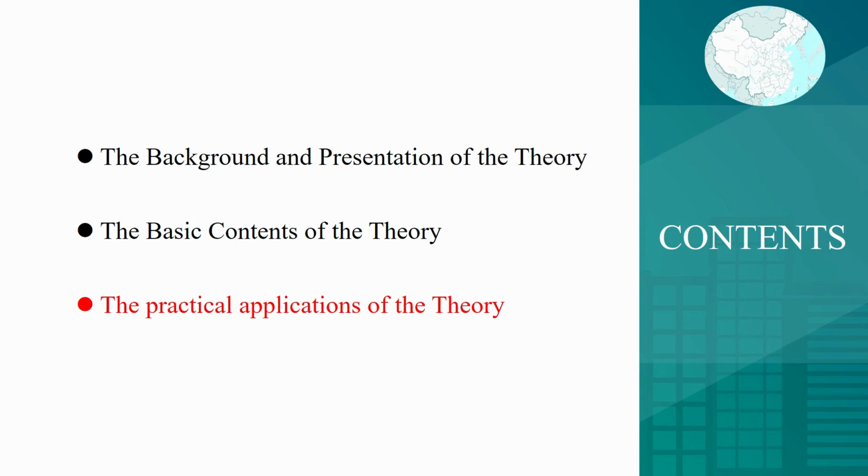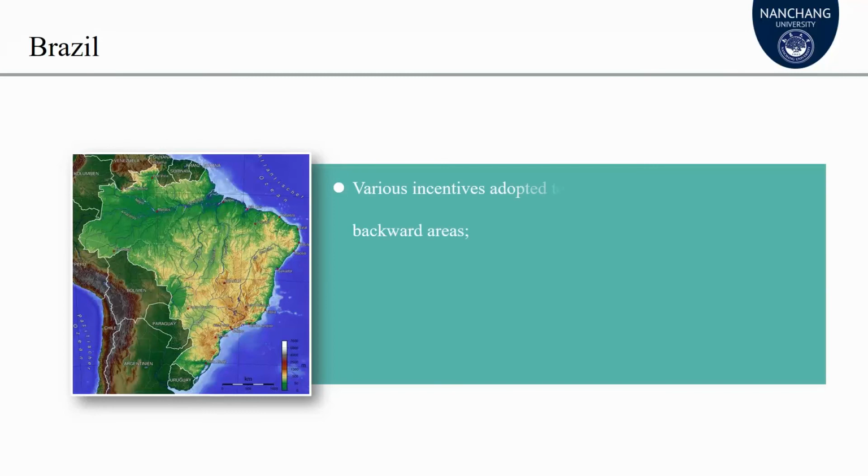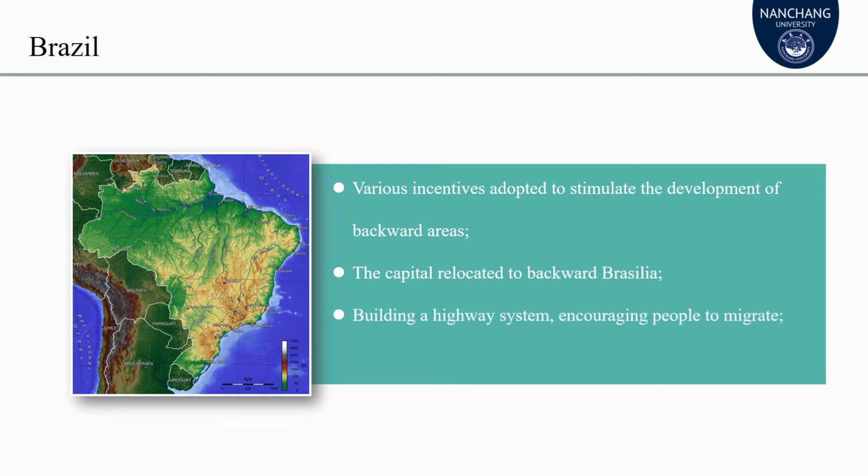After an introduction of the basic content of the theory, we will now get to know the practical application of this theory in reality. First, we'll see what Brazil has done during the period of economic development in the southeastern region. Various incentives were adopted to stimulate economic growth in backward areas such as the Amazon River Basin, such as relocating the capital from prosperous Rio de Janeiro to backward Brasilia, building a highway system that runs through the Amazon Basin,